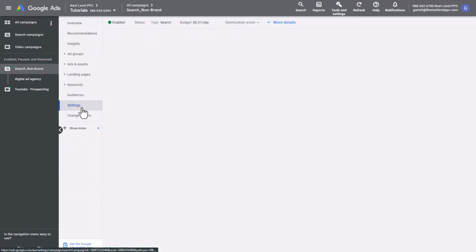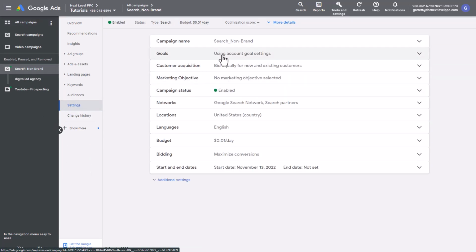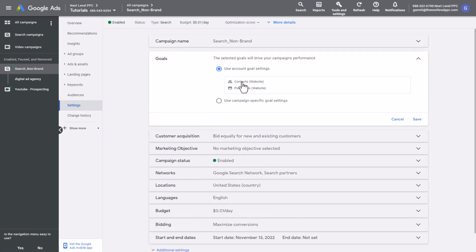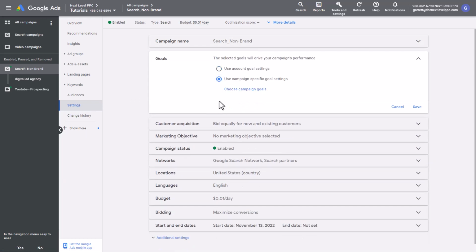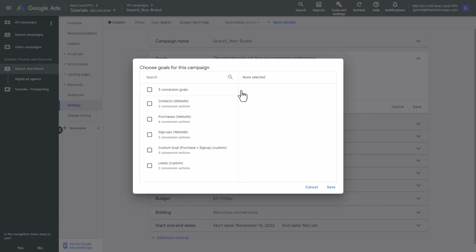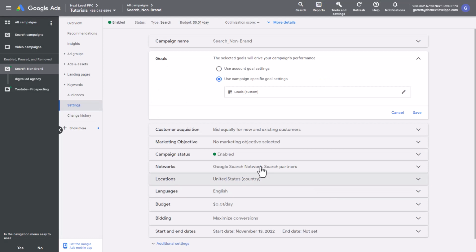Open the campaign settings. Change the goal from account level or whatever you have specified. Select use campaign specific goal settings, and then select the custom goal that was just created. Save that,